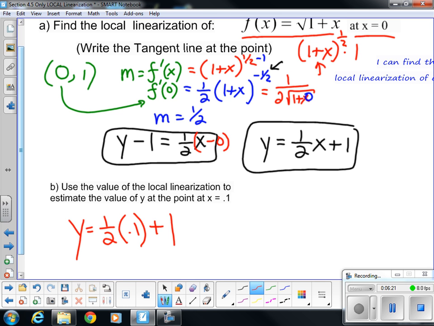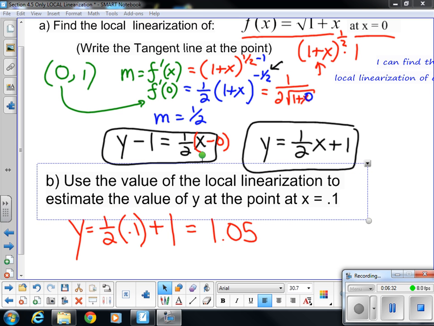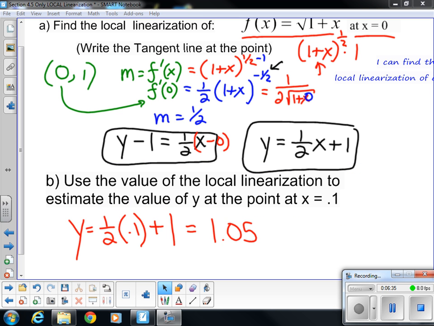1/2 times 0.01. We get 1.05. That's what the second part of this problem asks. Use the value of the local linearization, which means use the equation of the line to estimate the value of